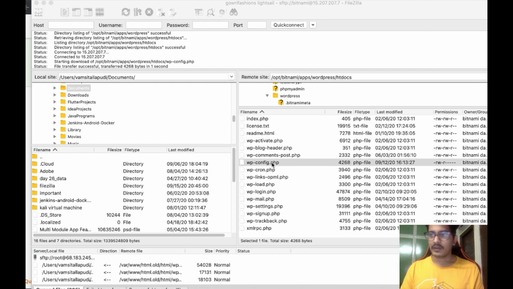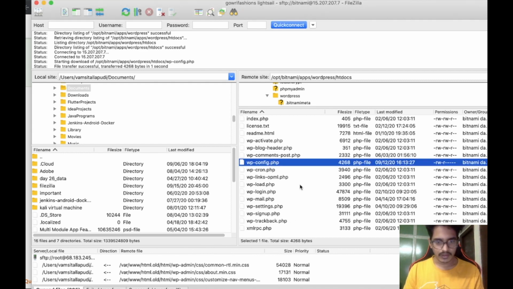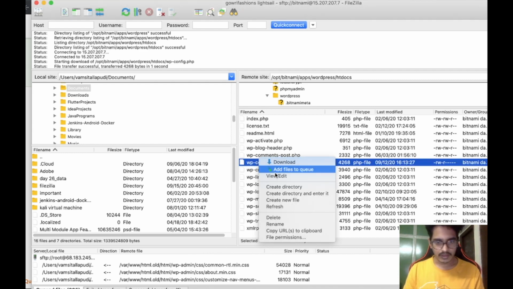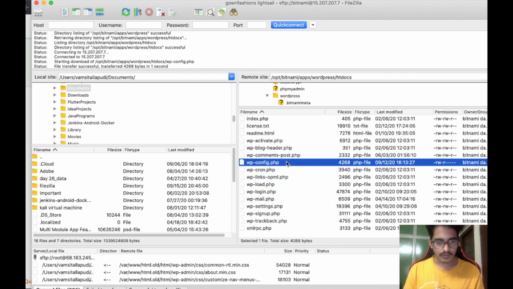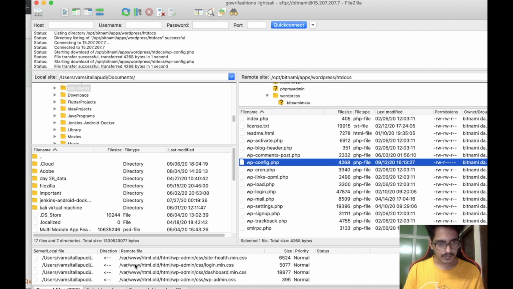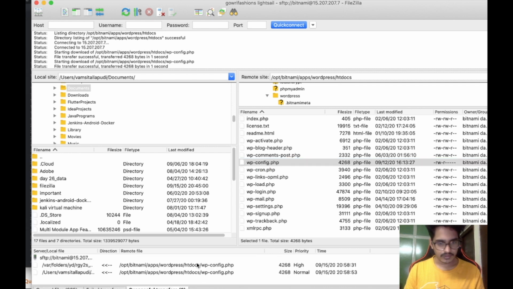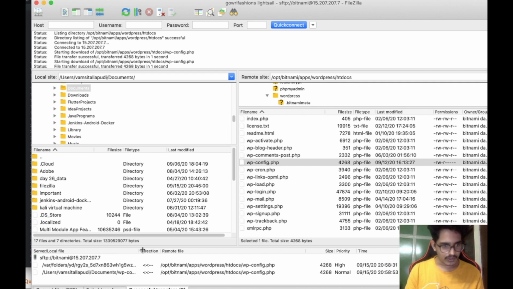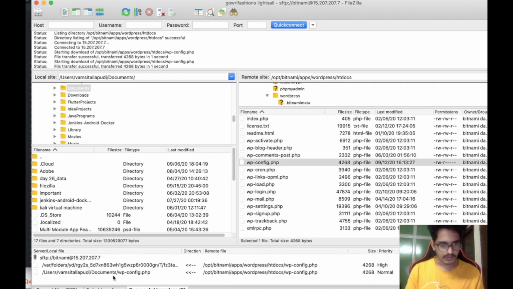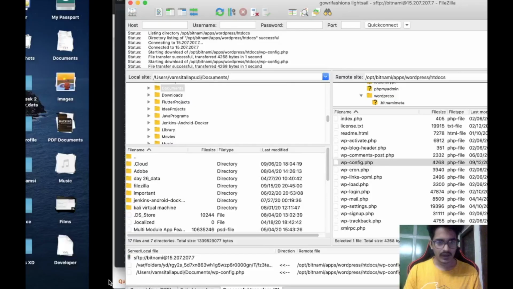So whenever we are downloading something, we can see it here. We can download. So it will be added to here. Successful transfers. So we can see it is successfully transferred to my folder location like documents, or where we can go there and we can confirm.